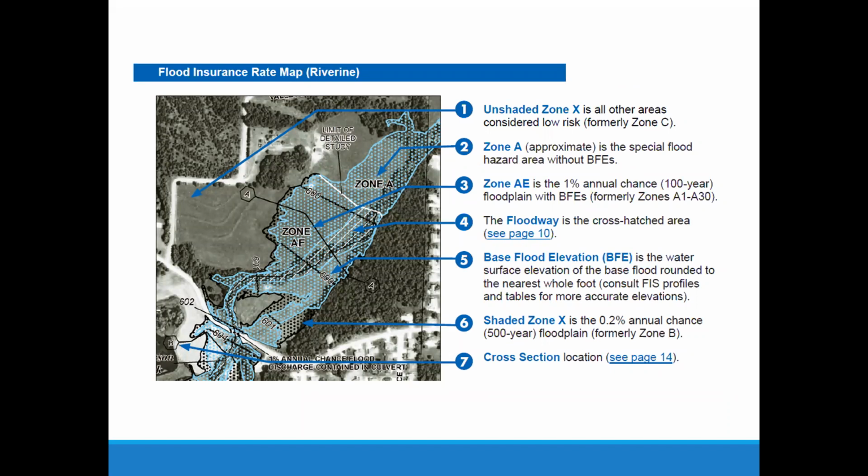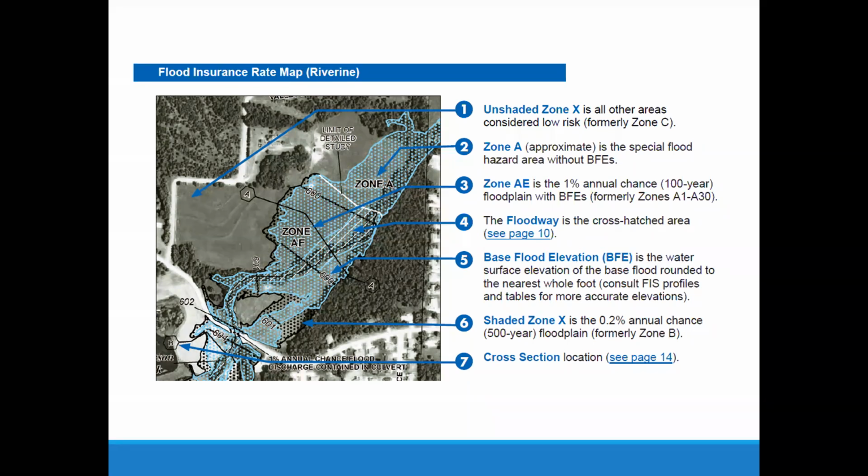All right, here's a slightly newer type of flood map. This is the kind we were making in the early part of this century. And it's got these little blue dots on it, and the blue dots designate the floodplain. And then around the edge of the blue dots, you can see some black dots. Right there by cross section A, you'll see some. Those black dots are the same as that shaded Zone X that I was just talking to you about. So the black dots are shaded Zone X, the blue dots are Zone AE.